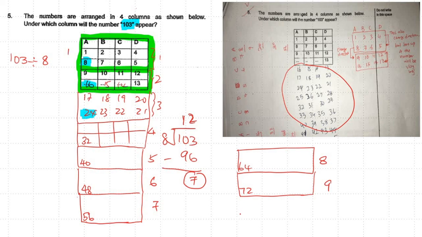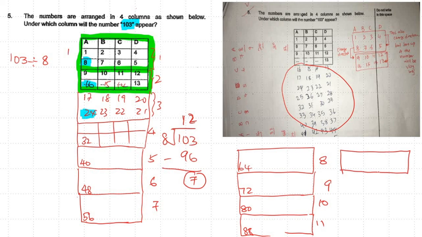Then times 10 will be 80. Then 8 times 11 here will be 88. Then this is my 12 set. 8 times 12 will be